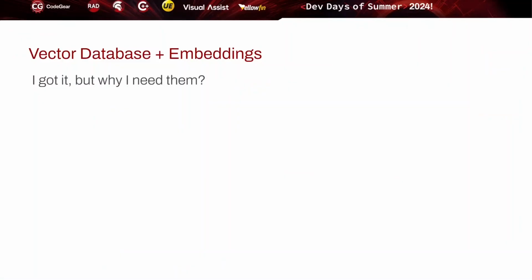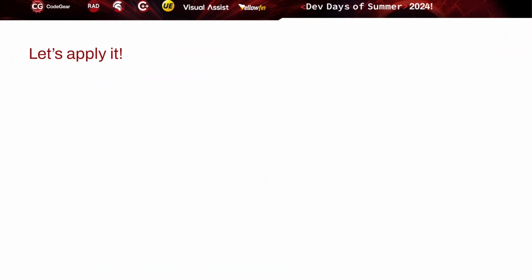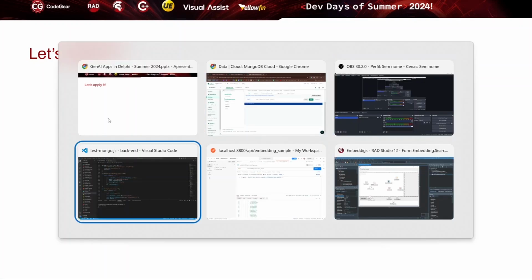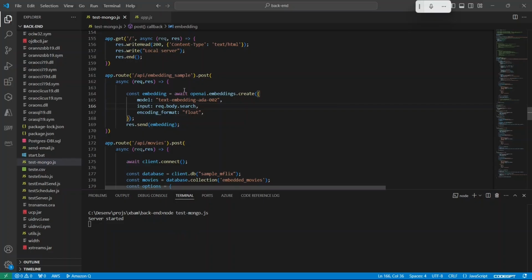Okay, I got it. But why do we need embeddings? Let's apply it. First of all, let me show you a simple method that only generates embeddings. So I have this API call here. Don't be afraid, the back end of my application is written in Node, because it is a sample that I had already built in the past.